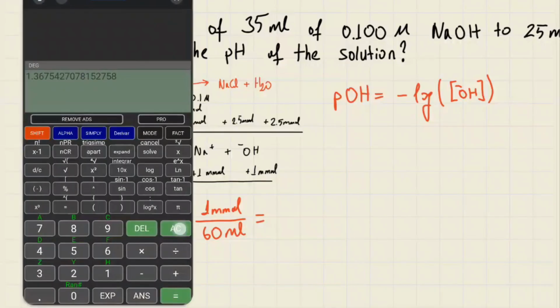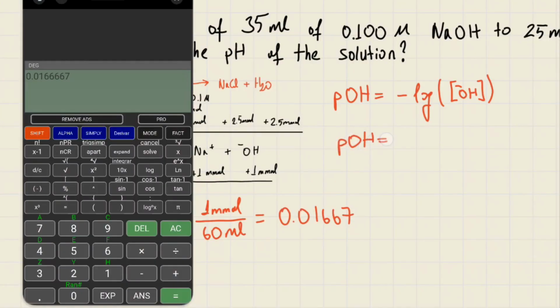We can calculate 1 over 60, and it is equal to 0.01667. And the pOH will be equal to minus log 0.01667,